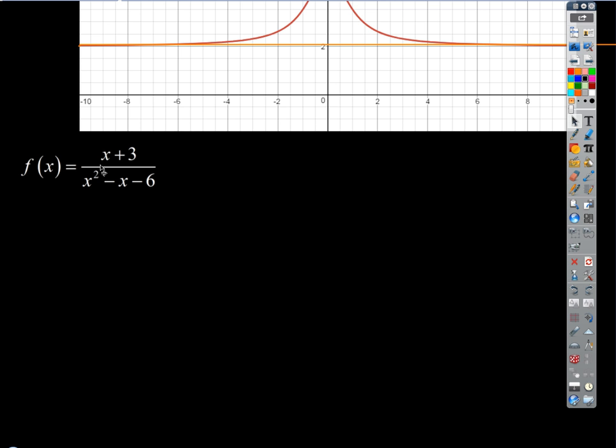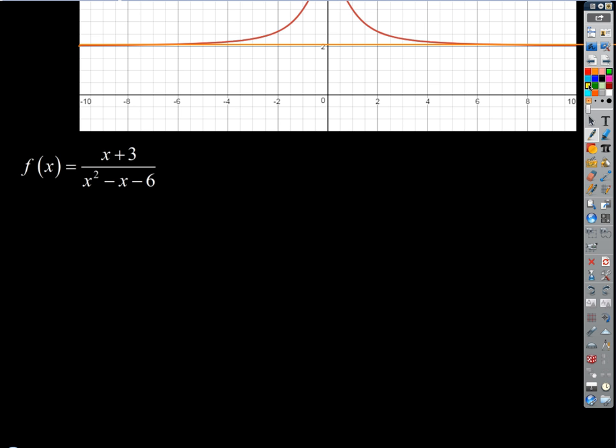What will f of x approach as x approaches infinity, do you think? No, let's look at it a different way. I got another way I can show this to you. It's going to approach 0. Okay, here's another strategy that'll prove this to you. Let's say we're going to divide